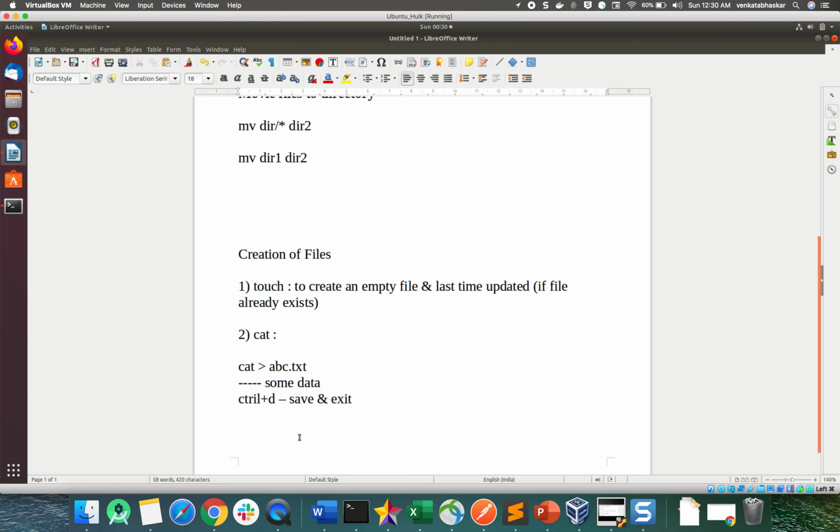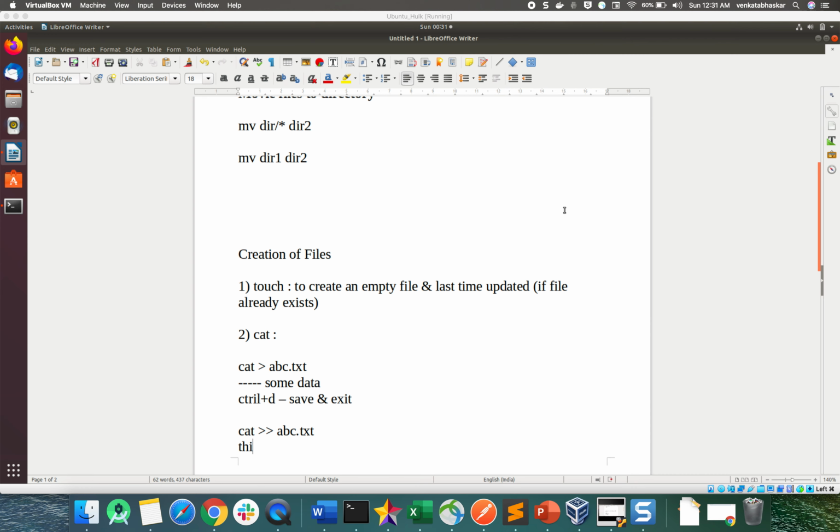Now I don't want to overwrite the previous file, I want to append some data. How can I go for that? Use cat with the double arrow mark, then abc.txt, and press enter. Now whatever data you want, you can add.